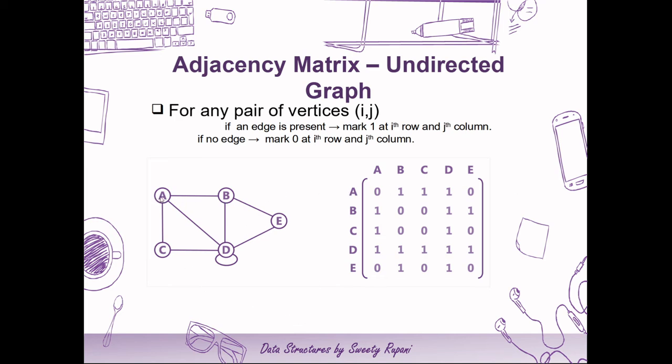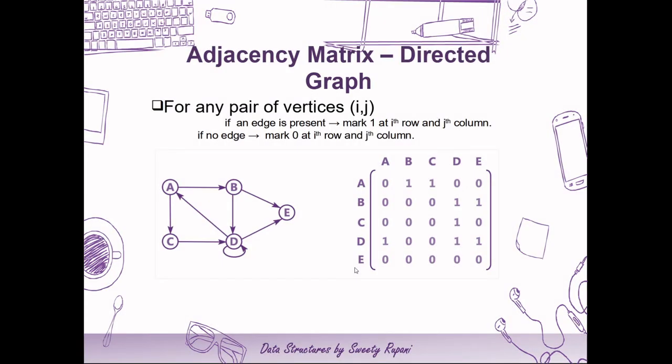So you can see over here A is connected to B, so A to B is marked as 1. Similarly, B is connected to A, so B to A is marked as 1. You can take any of these. D to D is connected, so D to D is 1. Whereas there are no cycles at A, so A to A would be 0. In this way we represent this matrix. For understanding purposes I have written it as A, B, C, D, E. In other cases it would be 0, 1, 2, 3, 4 as we have it in our C representation. So that was for an undirected graph.